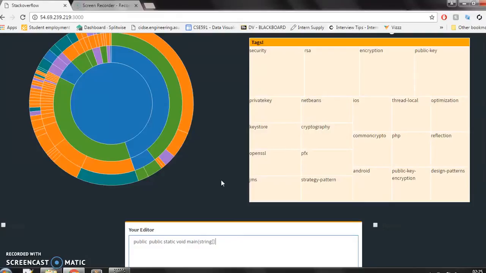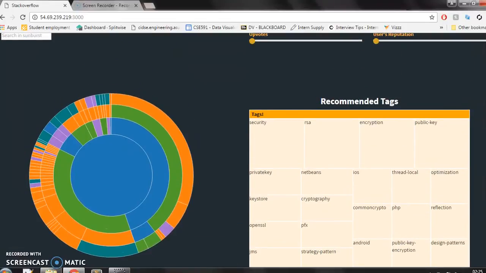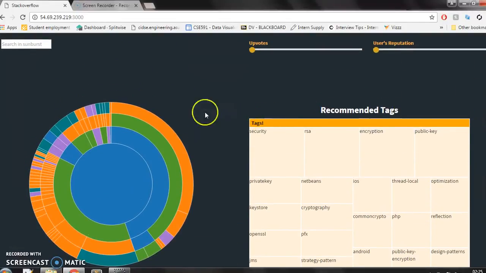For instance, if there was a code in the DB which says public static void main, the n-gram now generates a model wherein for the word public, the next words that could appear after public are static, void, and main. So all these words are collected and are displayed in the form of the sunburst here, where the user would know what the next words are that the other coders have typed given a word.